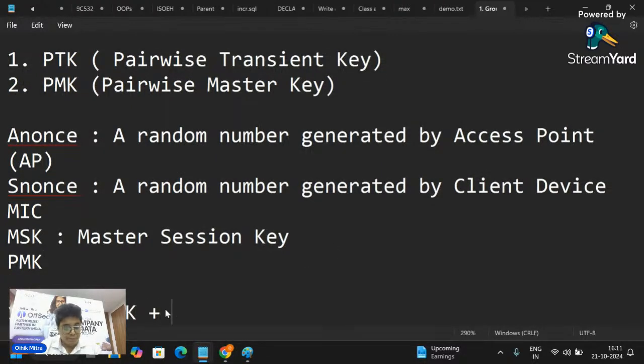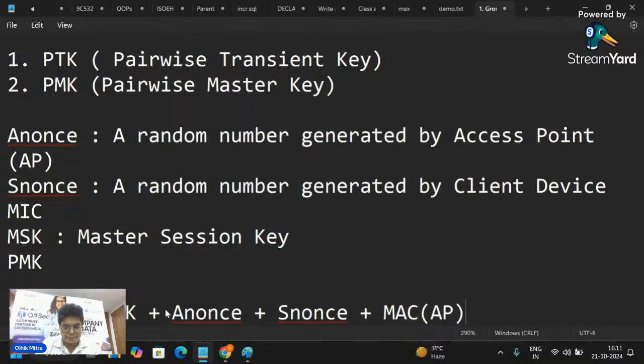PMK plus ANonce plus SNonce, then the MAC address of the access point plus the MAC address of the client device. Okay, so this is called PTK, right? So I already explained what ANonce and SNonce are.